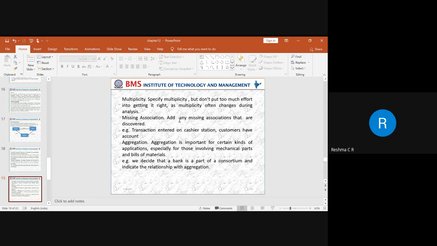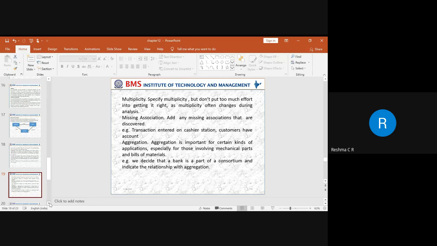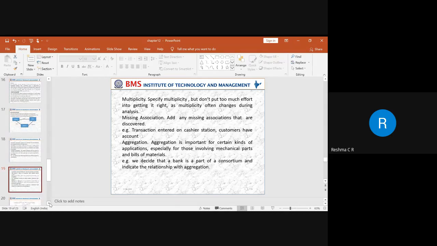So the central bank consortium, or banking consortium, is made up of different banks. That is how we are trying to give a relationship between different classes that has to be identified. That means we need to identify when the concept of aggregation, composition and generalization has to be indicated. So what is the necessity of using aggregation while we are indicating the relationship between any two classes?